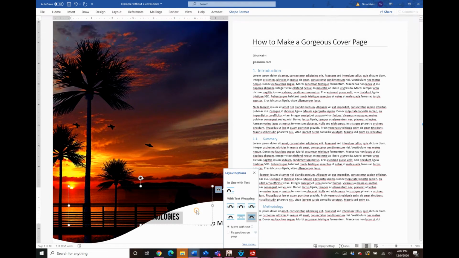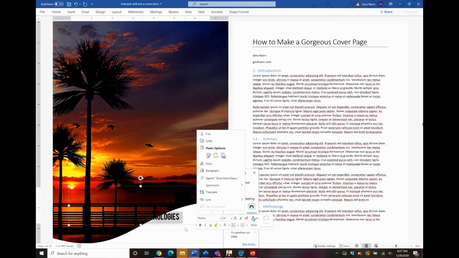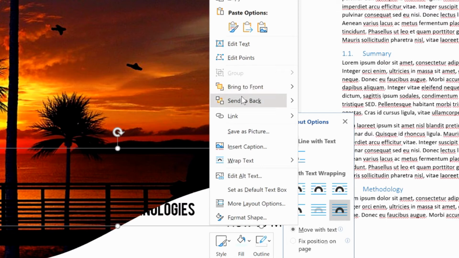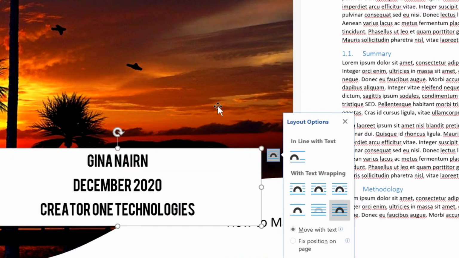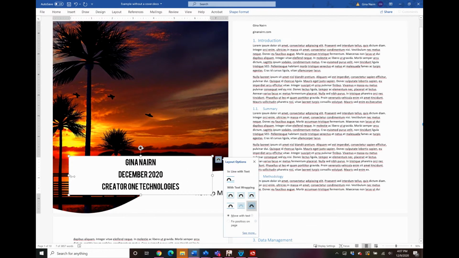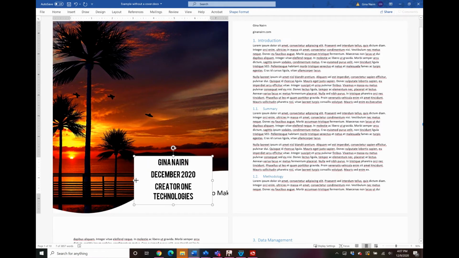I'm going to right click on my shape and I'm going to bring to front, and then I'm going to move this down and position this in the white area.